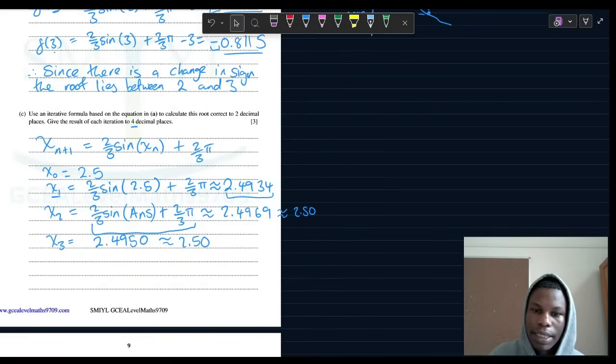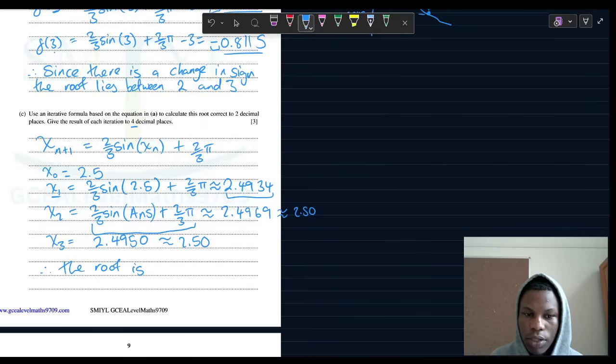So our sequence there has converged. So we can conclude that therefore the root is 2.50. Because remember, you only stop when you've got 2 consecutive iterations that have the same value correct to whatever degree of accuracy they've specified. In this case, you stop when you've got 2 consecutive iterations that have a value correct to 2 decimal places,